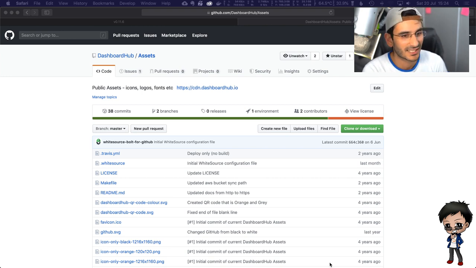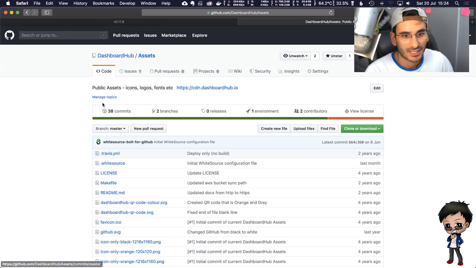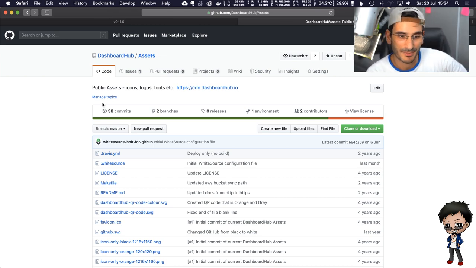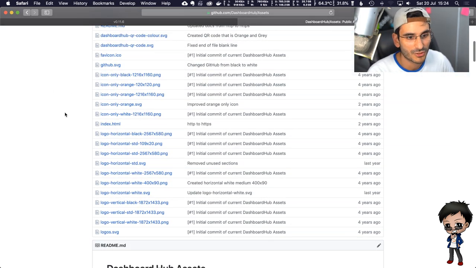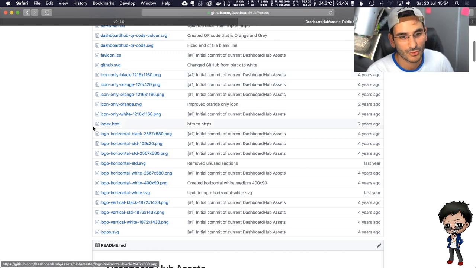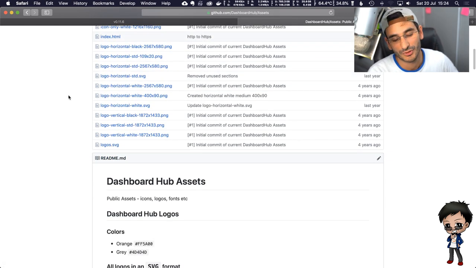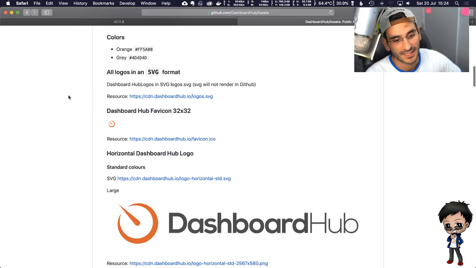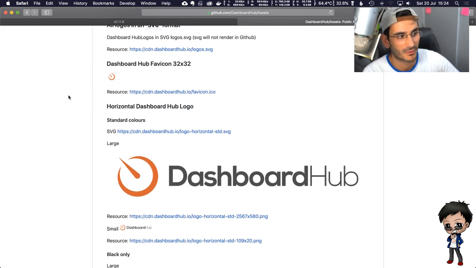So let's do it. Let's see, what have we got? Let me clone this repo locally. I'm pretty sure I have it, but if not, I need to update it. And then what I'm going to do is add the binaries to the repo, and then add it to here as well.